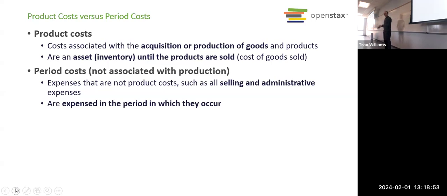All costs in a company are either product costs or period costs. I mean, there might be some exceptions, but I can't think of any. So basically we have product and period. What is a period cost? Not a product cost, right? It's everything else. And why do we call it a period cost?